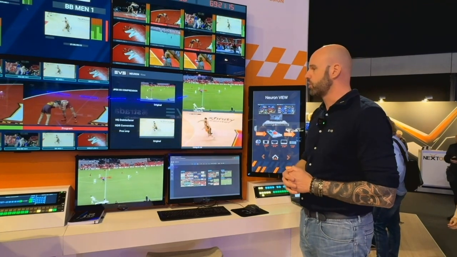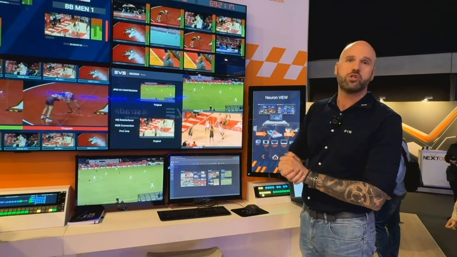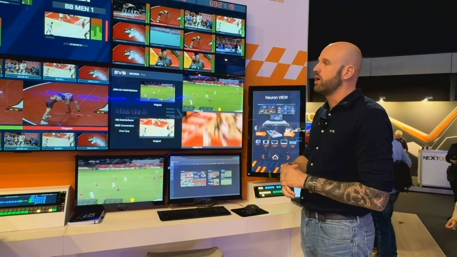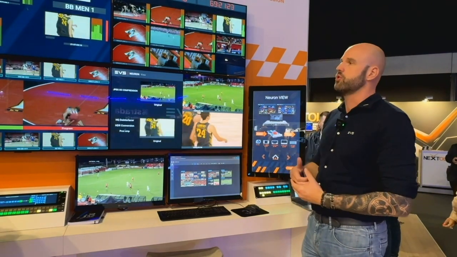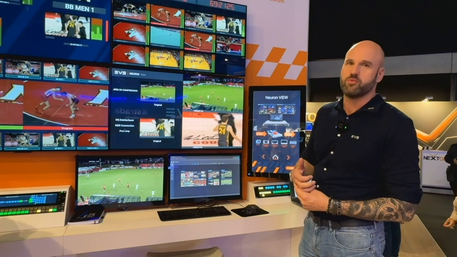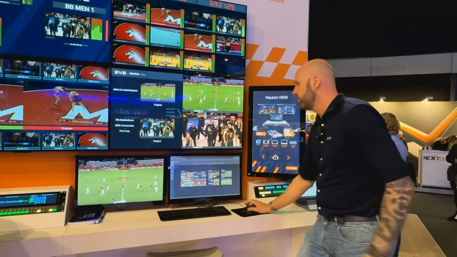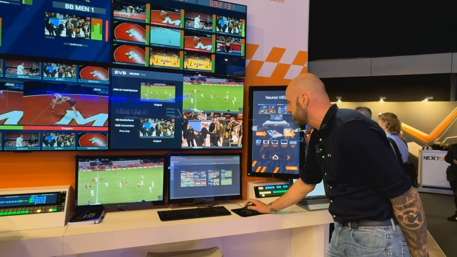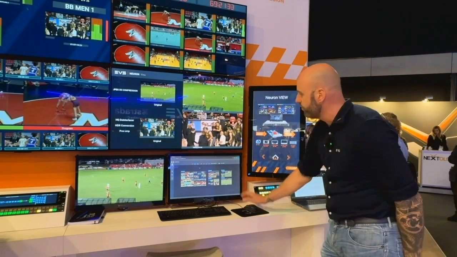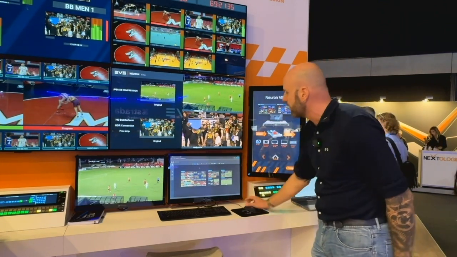Of course, it is compatible with NMOS to control and switch the inputs, and also Tally and UMD protocols, making sure that it's operable in any live production. If we look at the interface over here, you can see that it's running inside a browser. I can see a representation of my complete multiviewer that I have here